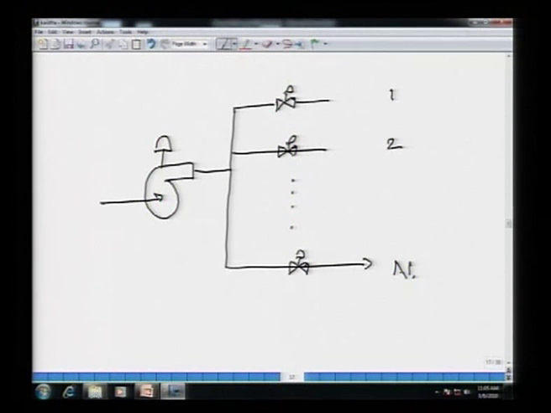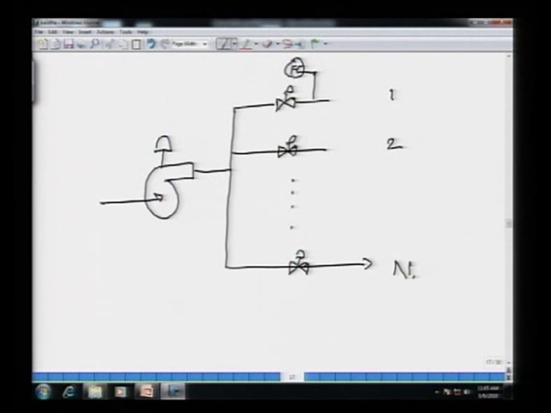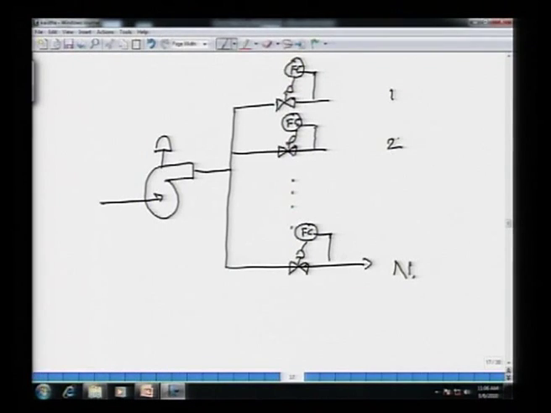All right. Every process requires a certain amount of feed, and that is ensured by having a flow controller, and each of these flow controllers has a set point, which is the desired feed rate to the process. Note that whatever is the demand for process 1, that is the set point for this flow controller, whatever is the demand for process 2, that is the set point for this flow controller, whatever is the demand for process n, that is the set point for this flow controller. All right. Now, whatever is desired by each of those processes, that must be given.